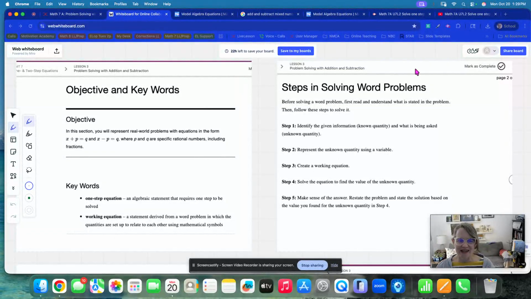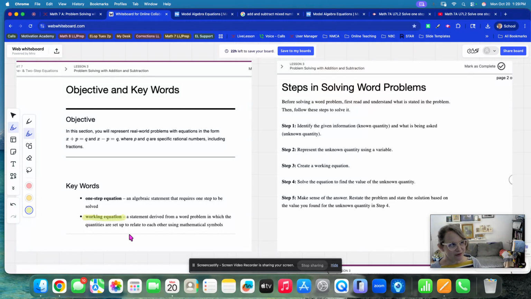Hey everybody! This is going to be just those same little one-step equations, but we're going to be doing word problems with them. So I'm going to try to follow this little word problem solving 5-step method that they are showing in the lesson. Okay, so this actually I think is a really helpful idea, this idea of a working